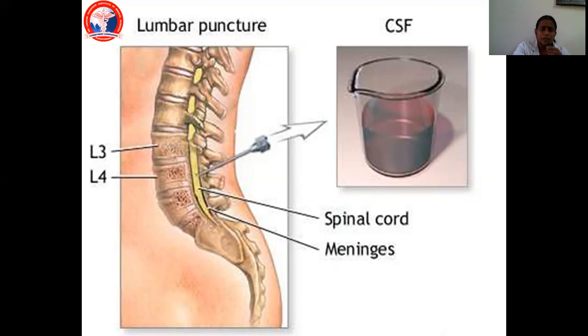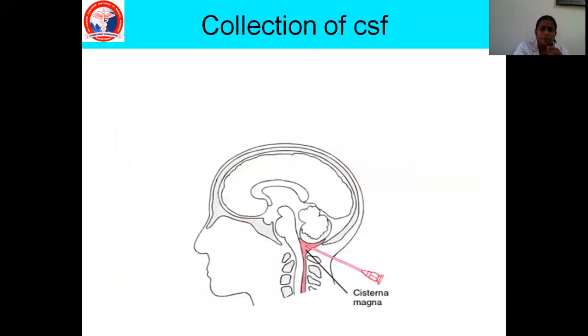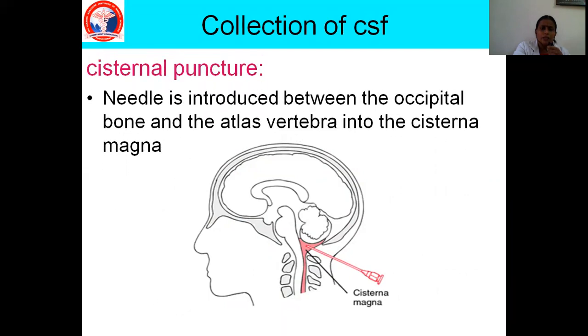Between the L3 and L4. Okay, so this picture is also showing the collection of the CSF from the subarachnoid space. And the next one is the cisternal puncture. In this, the needle is introduced between the occipital bone and the atlas vertebra into the cisterna magna. So the CSF is collected from the cisterna magna by introducing the needle between the occipital bone and